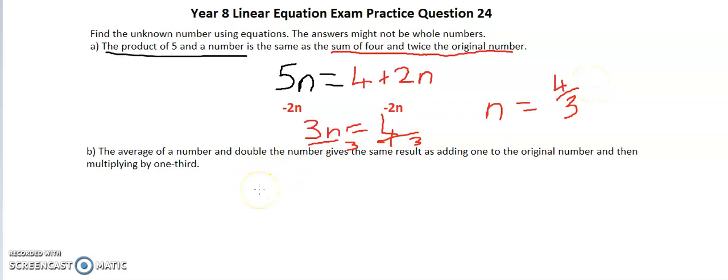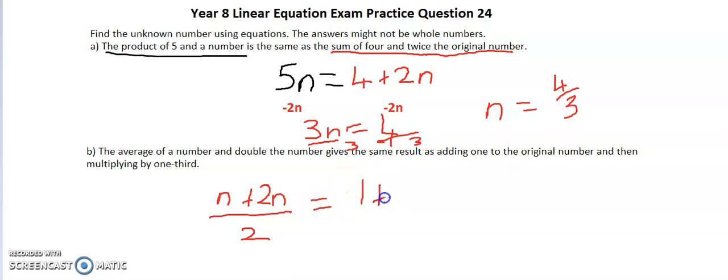Let's look at the second question. The average of a number and double the number gives the same result. Okay, so the average of a number and double the number. So the number is n and I'm doubling, so I'm timesing it by 2. Gives the same result, and as average, so I'm dividing it by 2, as adding 1